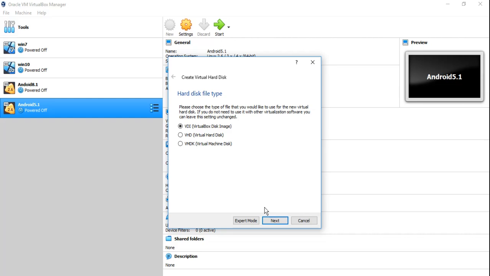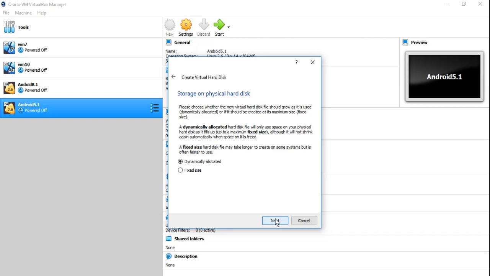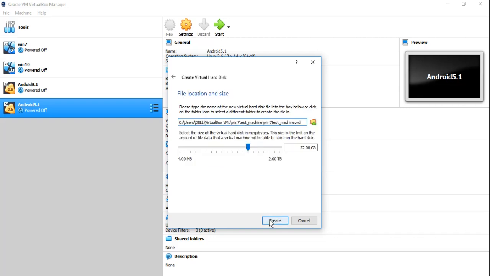Here you can see 3 different options. VDI. VDI is the VirtualBox disk image. Okay, it's the type of hard disk which VirtualBox uses natively, and the other 2 are useful to import any other existing virtual machine that is created using some other virtualization software. Click on next. Here you have 2 options, dynamically allocated or fixed size. You can read the difference between the 2 if you want. Okay, click on next. Here you can assign how much storage you want to give this virtual machine. Okay, so you can change it if you want, but 32 gigs is sufficient. Click on create